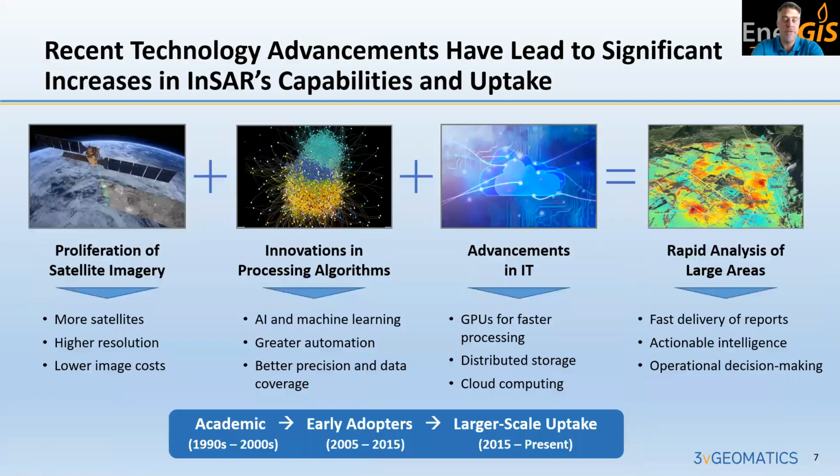In the last 30 years, InSAR was started in the early 90s in the academic world, but it's been largely adopted in monitoring mining sites and pipeline corridors over the last 5 years. Really what's generated this extra capability are the advancements in processing software, cloud storage, faster processing times, more satellites with better resolution, and a key factor has been the reduction of cost of the images. Some images are even free nowadays. Essentially, this has led to us delivering faster reports that provide actionable intelligence and operational decision-making based on